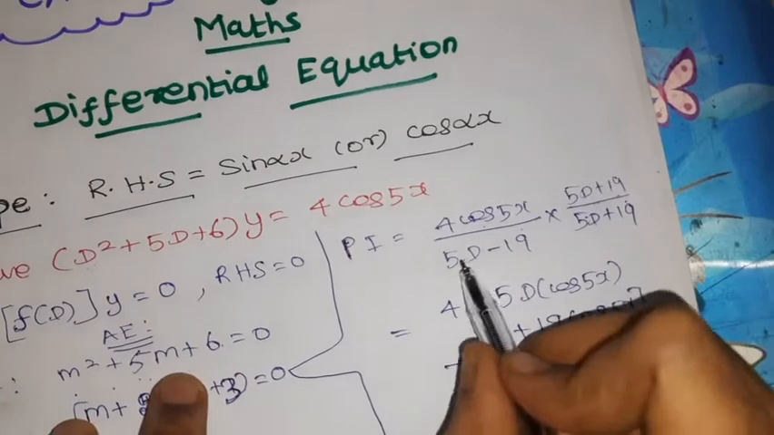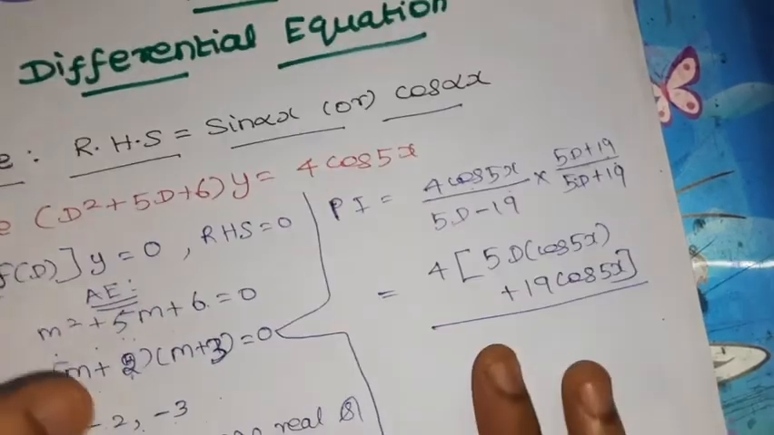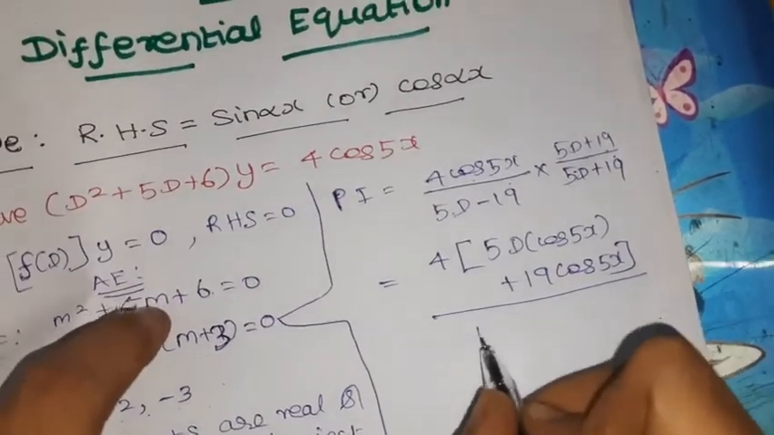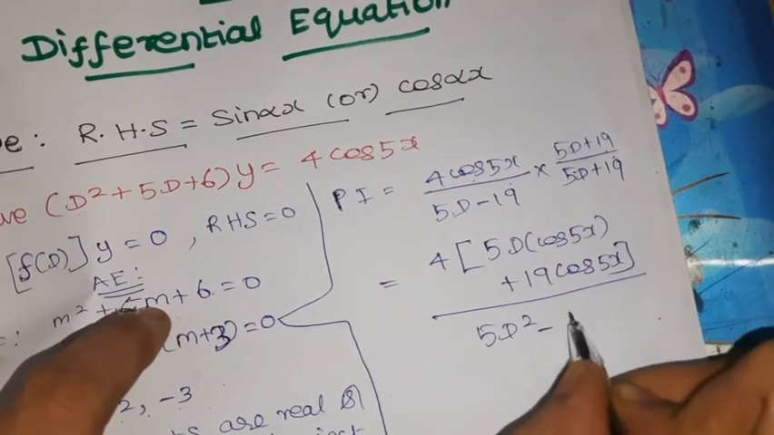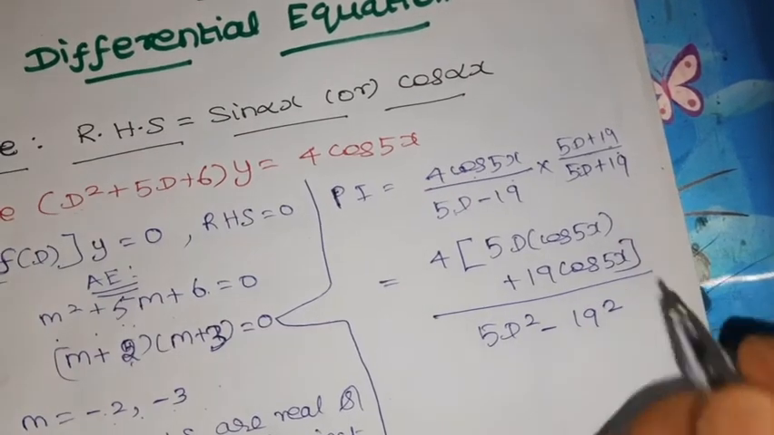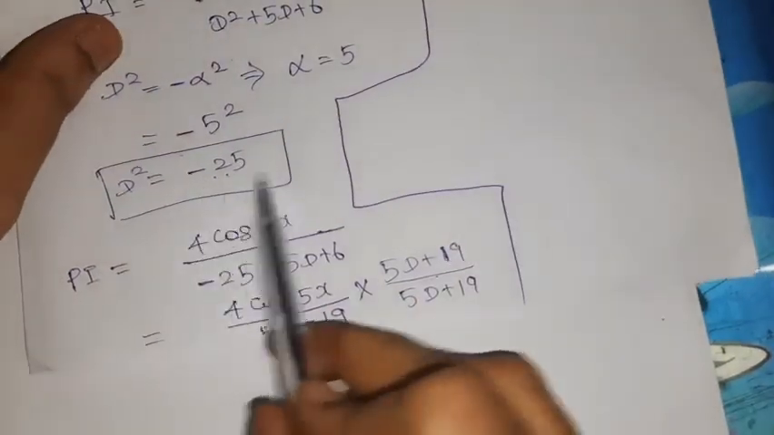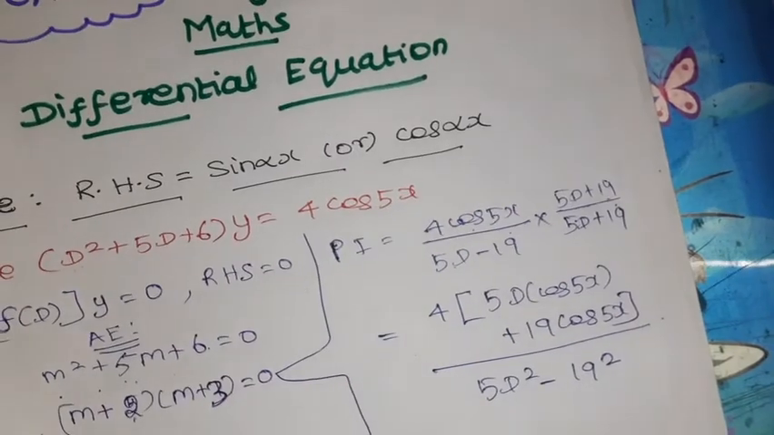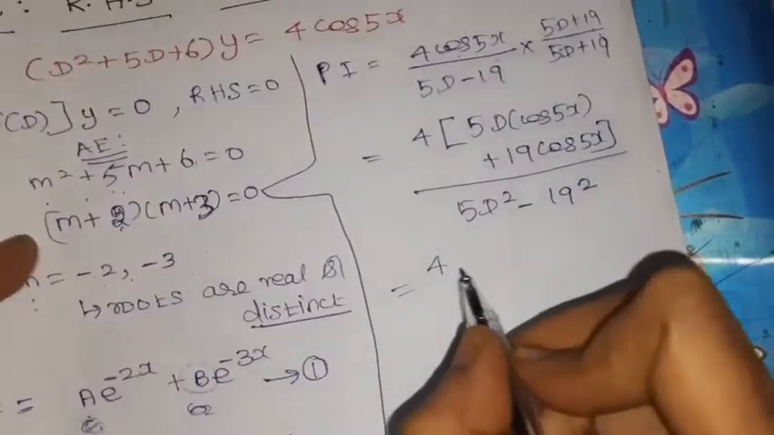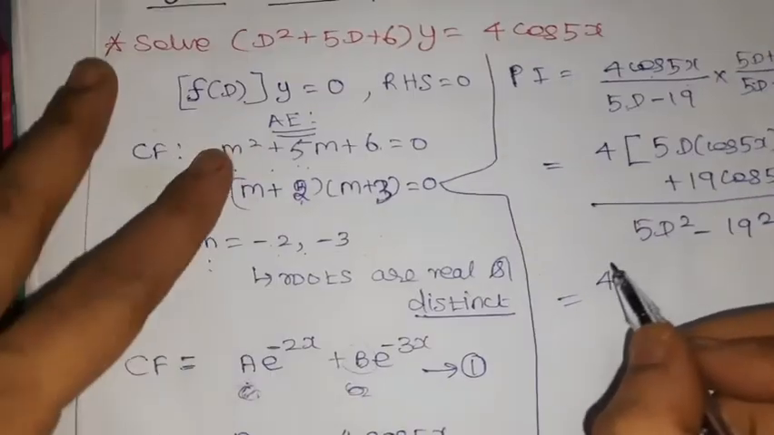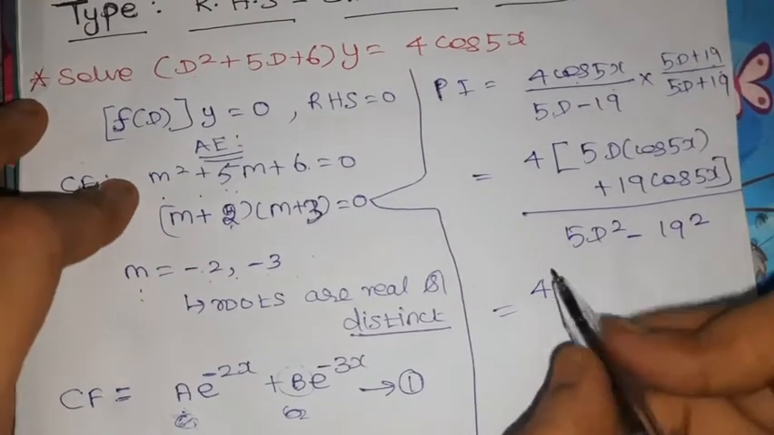What is in the denominator? (a plus b) into (a minus b) is a squared minus b squared, so (5D) squared minus 19 squared. So what is D squared again? We have a value for D squared equal to minus 25. Just substitute that value in the denominator. For the numerator we will simplify by using